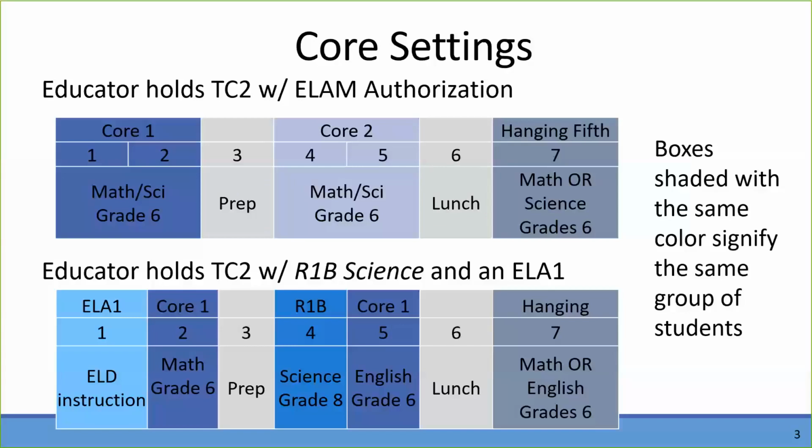So then they have a hanging period because they can always have a hanging period if they have a core. Their hanging period can be math or English, which is what it is in the core, grade 6. So a completely different group of students can come for math or English, grade 6. Another thing important to note is that it's not just the overall content, math. It has to be the exact same prep, what we call the same prep, so it should be the same lesson plan. So it wouldn't be Algebra 1 and pre-algebra because those would be two different lesson plans, even though they're both math content. So it really needs to be the same exact content in both classes, the hanging period and the core. Okay, that covers core settings.